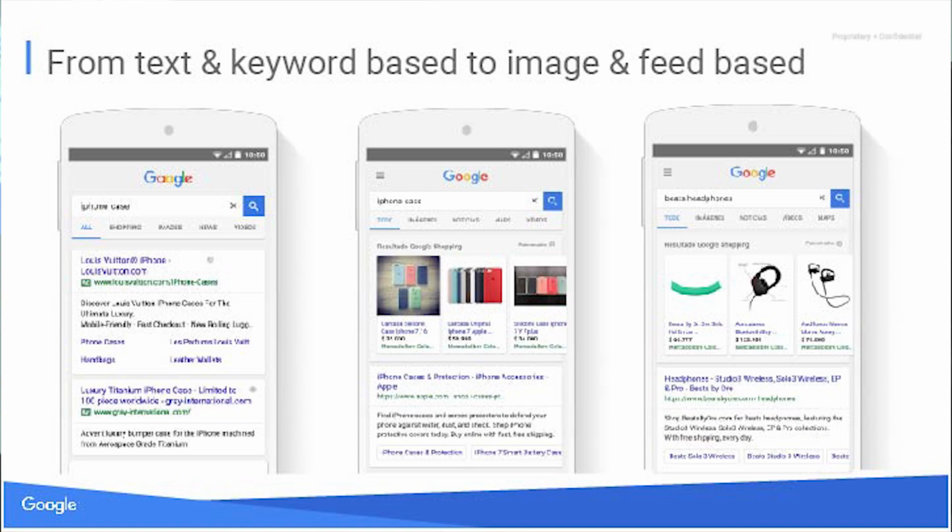So I don't want to sit here and tell you, and I don't want you to think that you should shift all your budget from traditional text to shopping ads. It's definitely not what we're saying. And in fact, we found that shopping ads work best when done in unison with text ads.